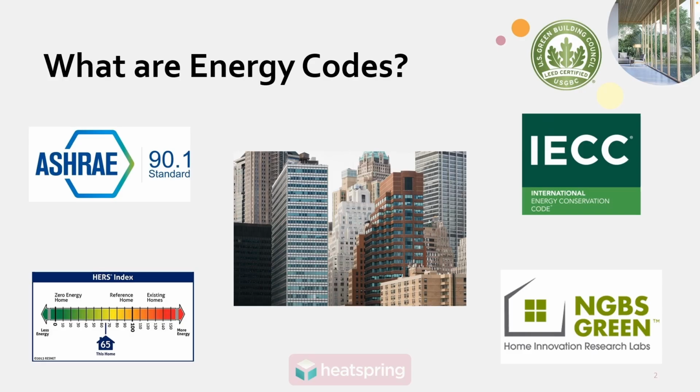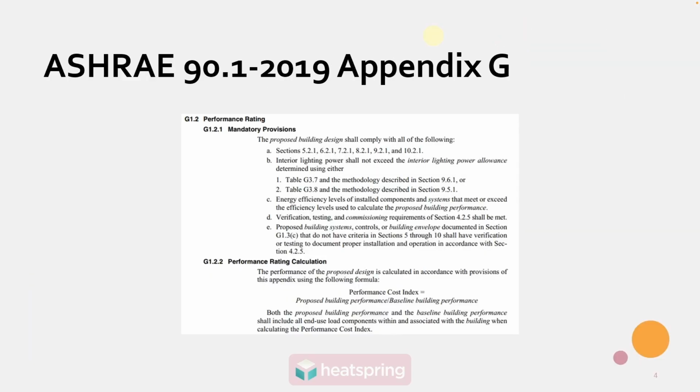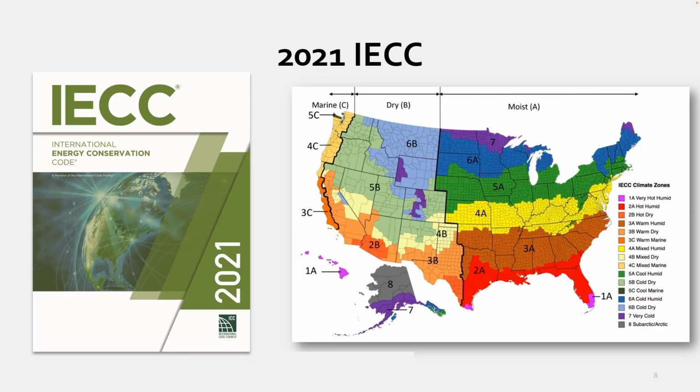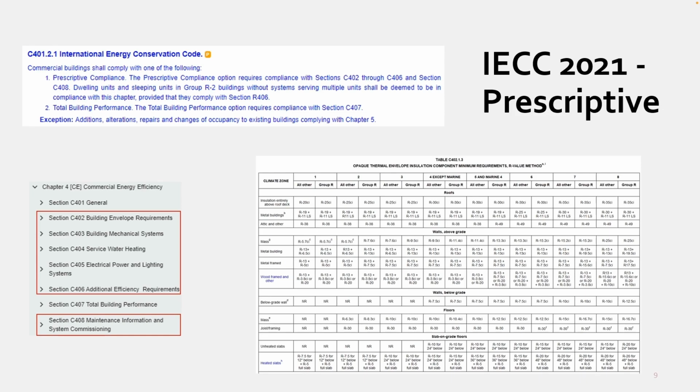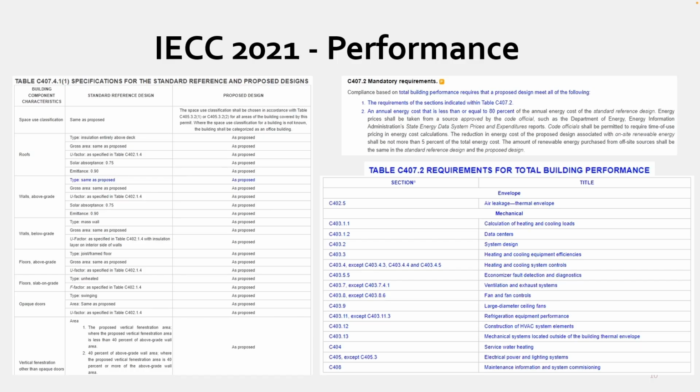The final module explains how to use ASHRAE Appendix G to develop code-compliant baseline models in eQUEST. It also discusses IECC and Energy Star's emphasis on square footage and energy efficiency,